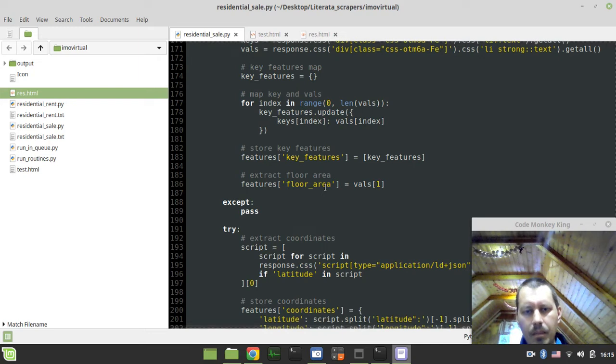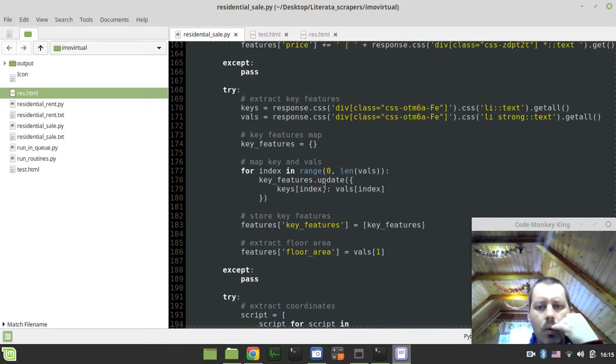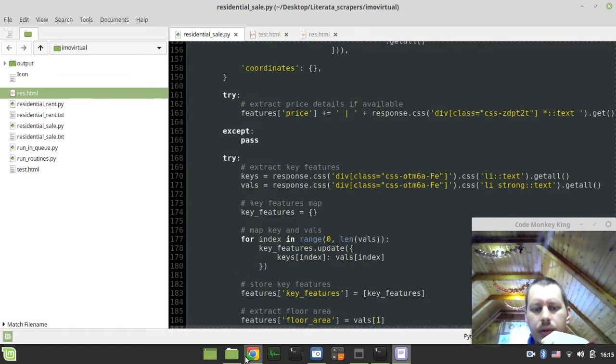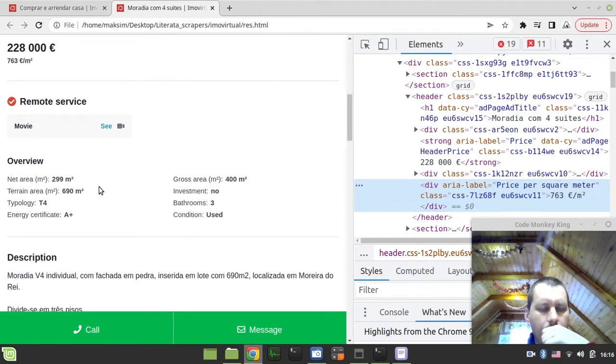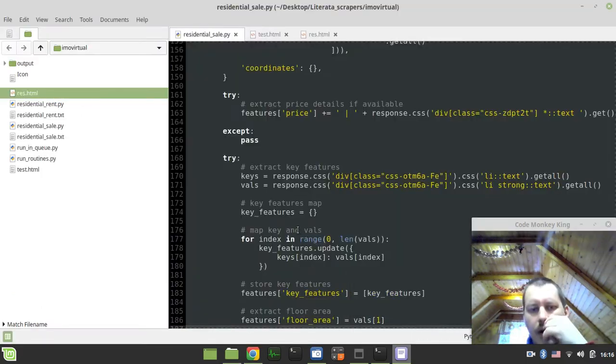I'm wondering why. Yeah, so here it extracts the key features, and it was extracting from the key features. This is a little bit.